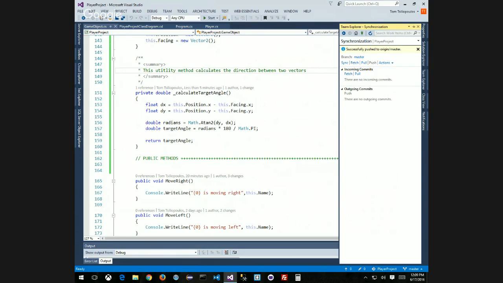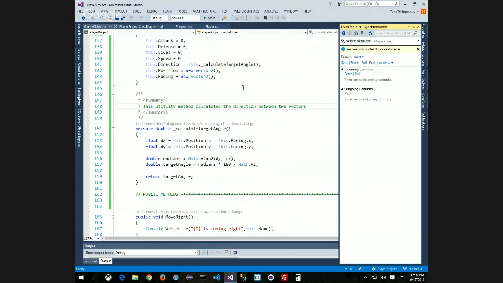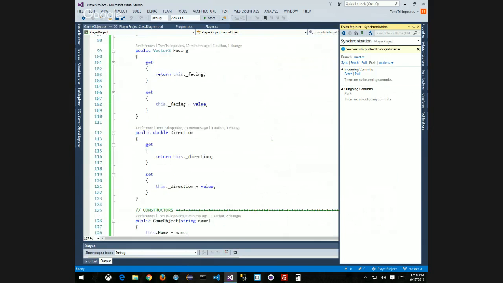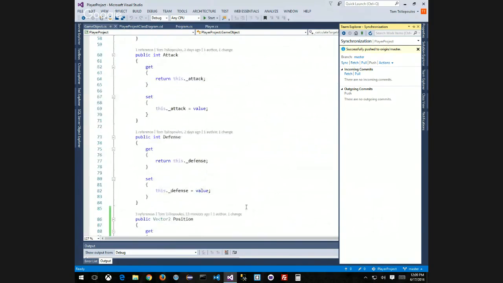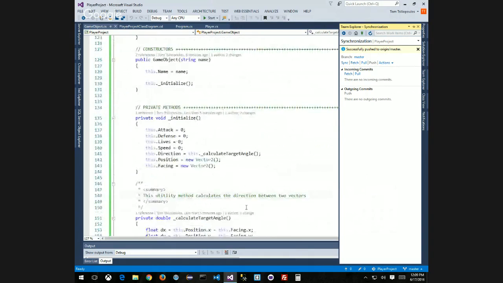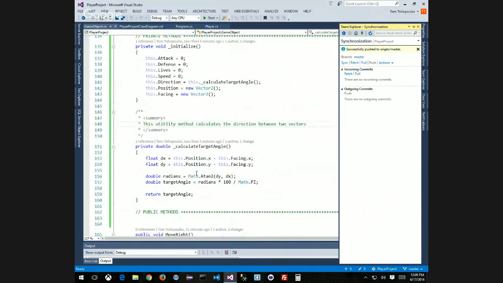Okay, so this little method is going to calculate the angle between 2 points. I'm using a dx and dy value. They're 2 floating points. And this is something I had to tell you, I had to change this to double for now. So my direction is actually a double value, still a floating point value, but double precision. And that's why, because when I calculate, I use Math.Atan2,